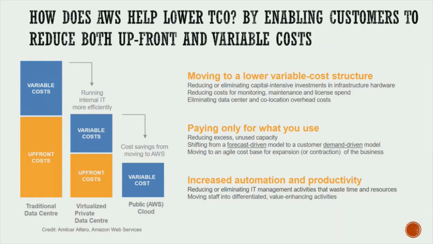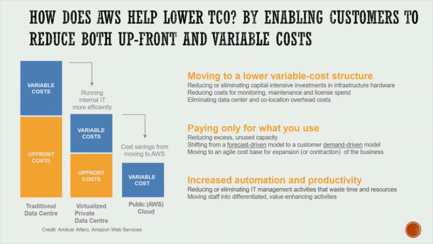Why do you think the variable cost is high in a traditional data center as compared to a virtualized data center? Variable cost is, again, power, space, your admin staff. Because you have more hardware, you need more of all those things. You need more power, more cooling, more staff managing it as compared to the private one because it's virtualized. Also, managing a virtualized infrastructure as an IT engineer is much more agile and easy as compared to a non-virtualized one, because you get a lot of tools, you can manage a lot of things at the software level rather than actually debugging at the hardware level. So that's why you have a much lower variable cost.